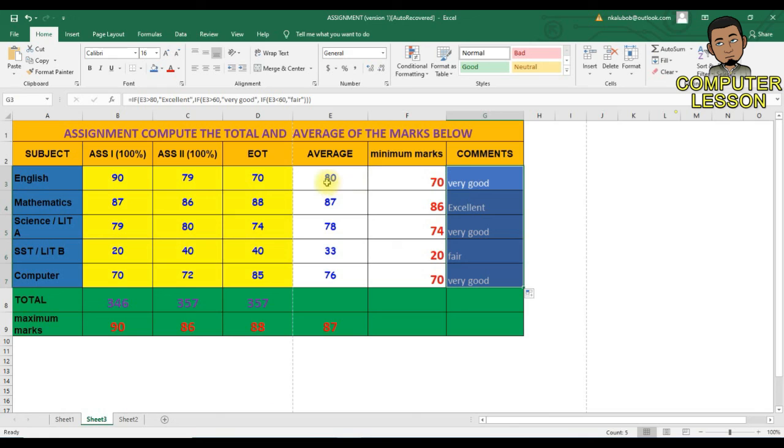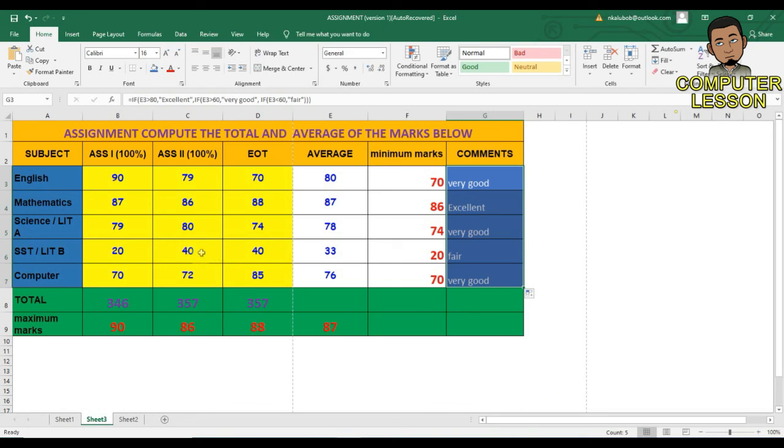I get very good for an 80, very good for a 70, very good for 76, and I will get a fair for a 33, because this is below 60. But these ones, 80, 78 and 76, are above 60. That's why I'm getting very good. And 87 is above 80, that's why I'm getting excellent.